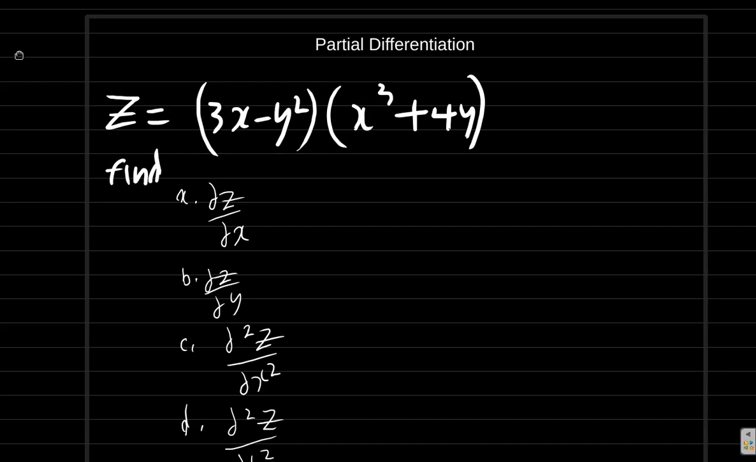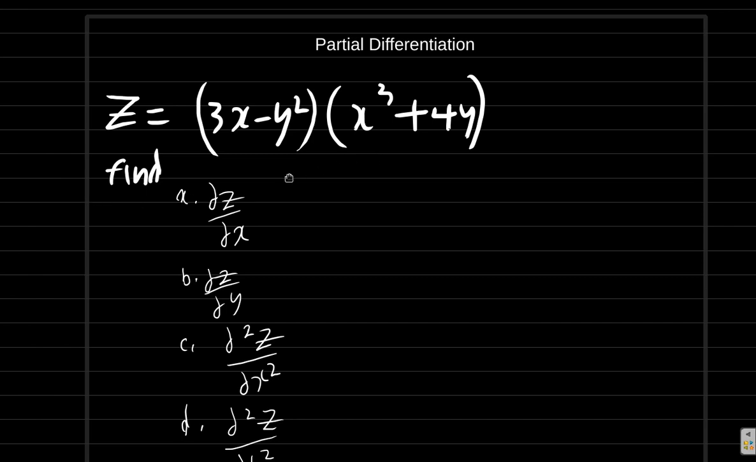We continue to look at partial derivatives. Here we have 3x minus y squared in one bracket multiplied by x cubed plus 4y in another bracket. I want you to write down this question. Pause the video, write it down, and without watching the rest of the video yet, I want you to find